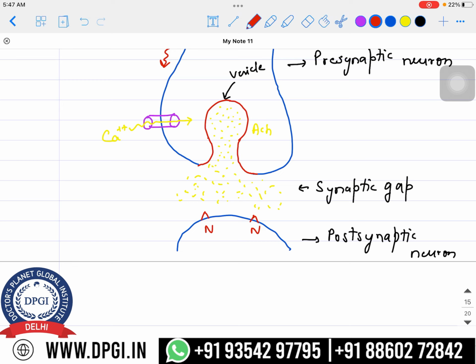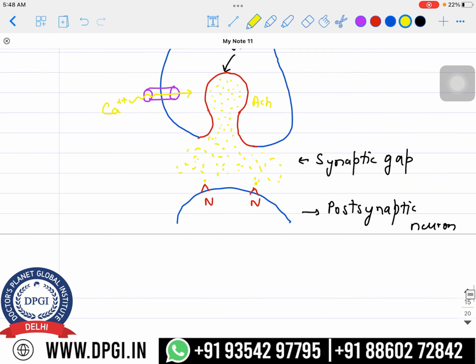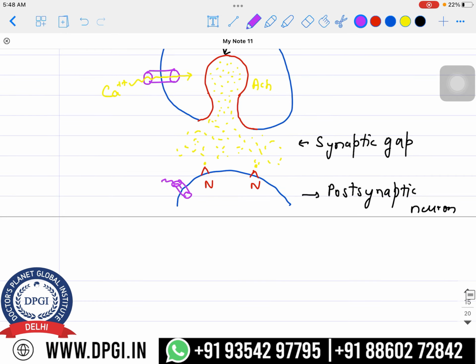So obviously this acetylcholine will have the chance to bind to these receptors, and it will further show the action. How will it show the action? Over here we have one more channel, and this time it is the sodium channel. Now what will happen? Influx of sodium will happen. Here are the sodium ions. Due to that influx of sodium, further action potential will be seen. So very easy to understand. Once we have understood how this action potential is happening,